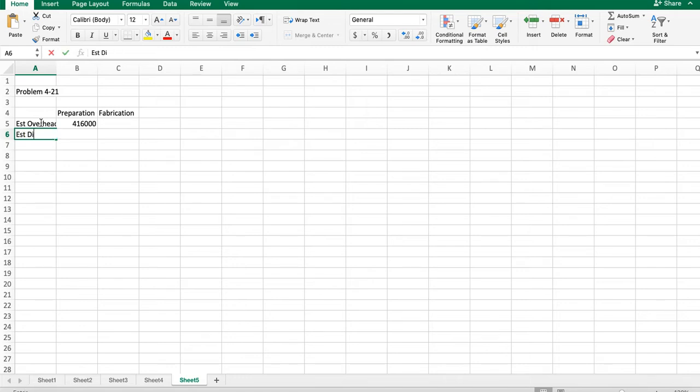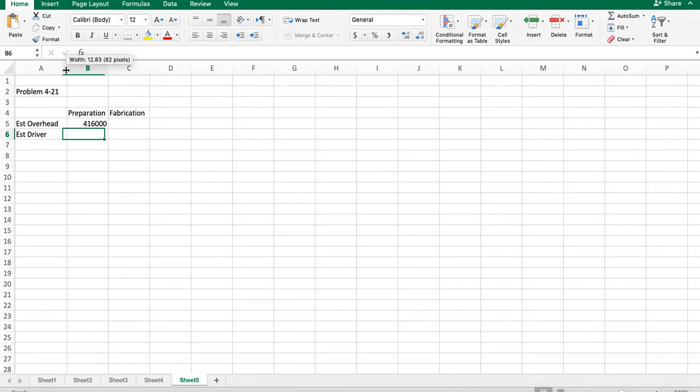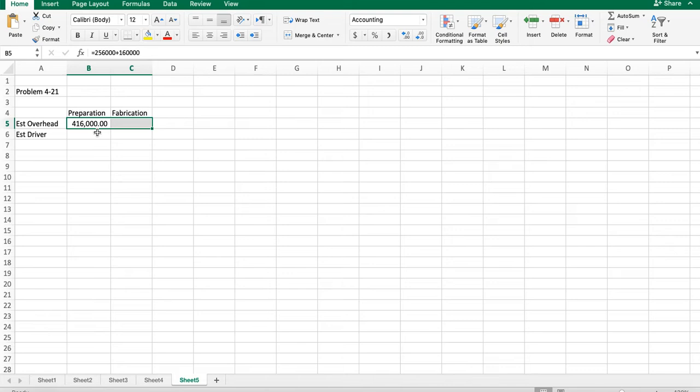And then our estimated driver for the preparation department. They told us that the driver of overhead, in other words, what's making that cost go up, is, I gotta look back, direct labor, no, that's fabrication, machine hours. And so machine hours is our driver, so 80,000 machine hours. And then if we look at our fabrication department,